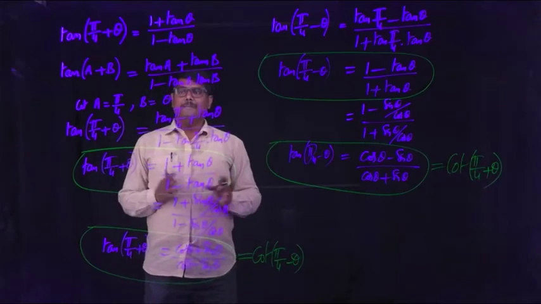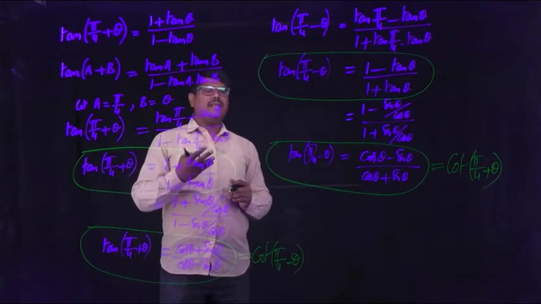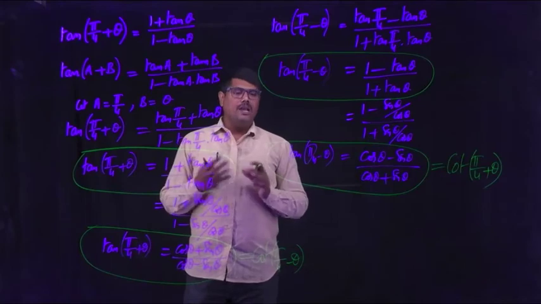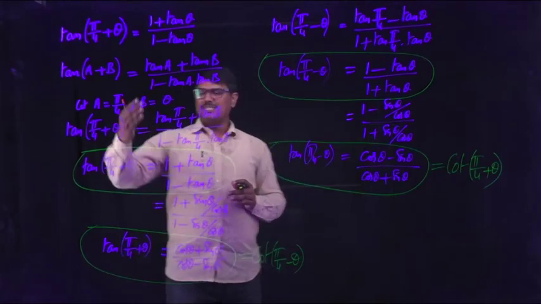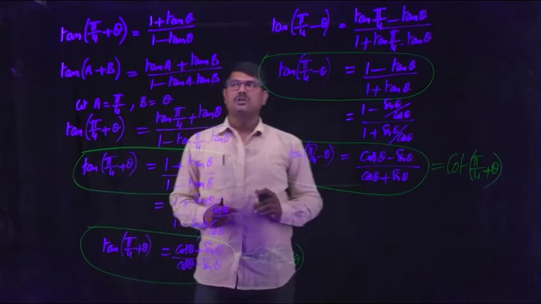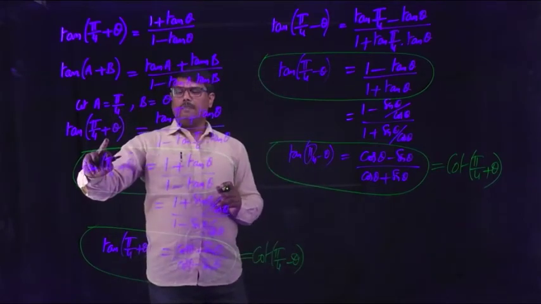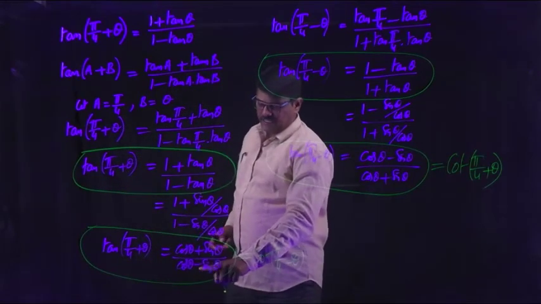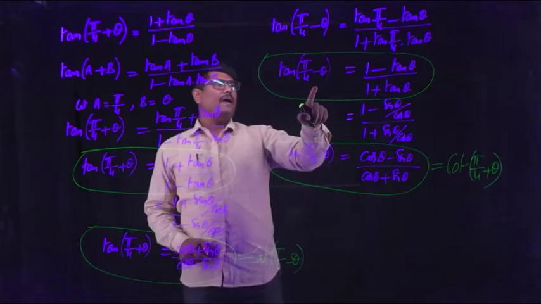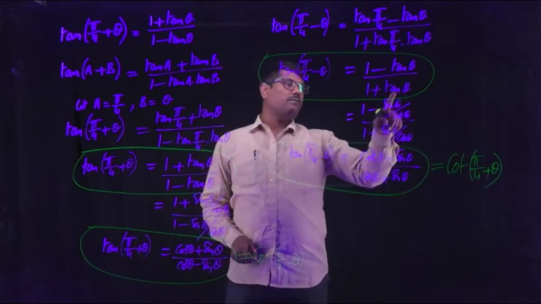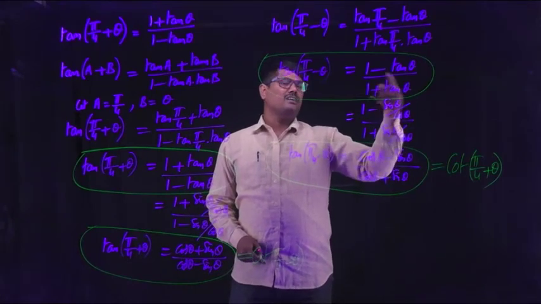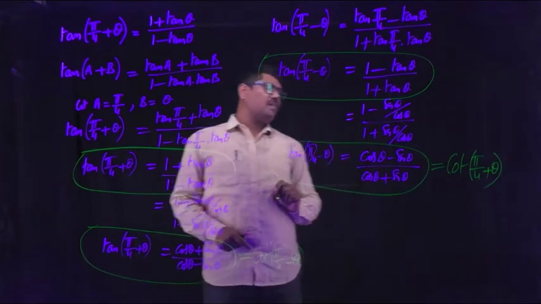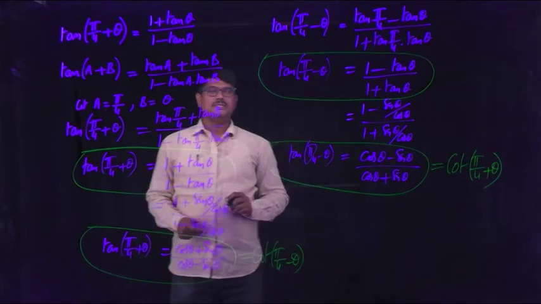So these are the applications of tan(A + B) and tan(A − B), taking one of the angles as π/4, and we know the value of tan π/4 is 1. By that we get this type of formats. So you have to remember tan(π/4 + θ), either (1 + tan θ)/(1 − tan θ), or (cos θ + sin θ)/(cos θ − sin θ). Tan(π/4 − θ) is (1 − tan θ)/(1 + tan θ). You can directly consider the formula without expanding. And its another format is (cos θ − sin θ)/(cos θ + sin θ).